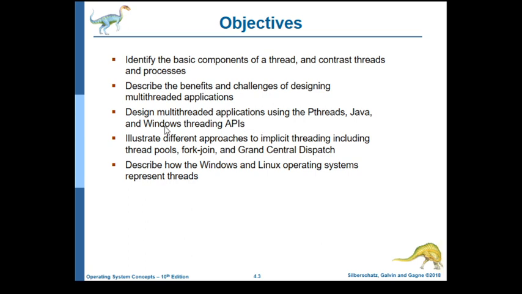The third objective: design multi-threaded applications using thread libraries. We're only focusing on Java thread libraries, while pthreads and Windows threading APIs have been excluded from this chapter. The fourth objective: illustrate different approaches to implicit threading, including thread pools and fork-join. We're only focusing on thread pools and fork-join. The Grand Central Dispatch approach is